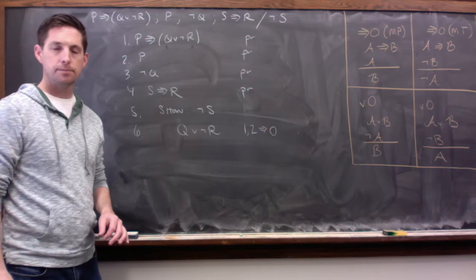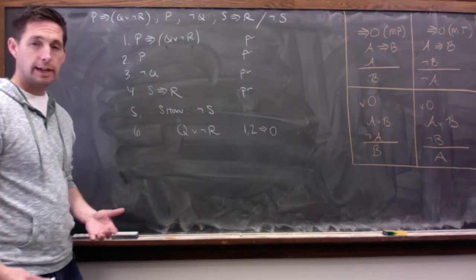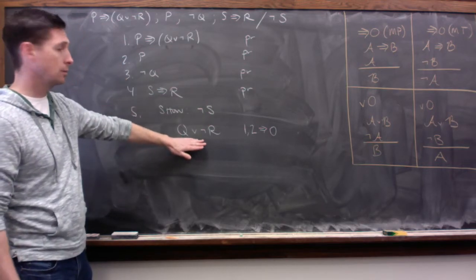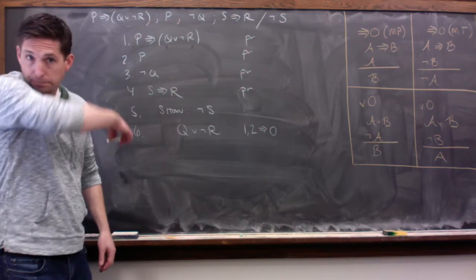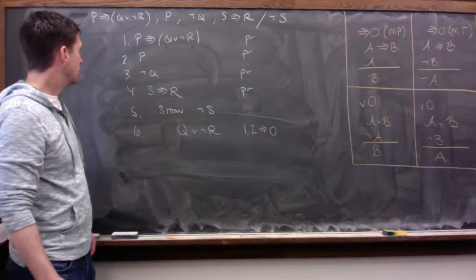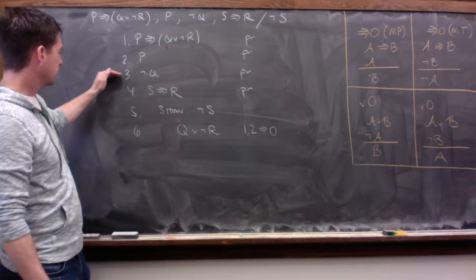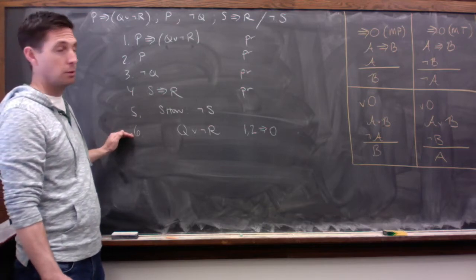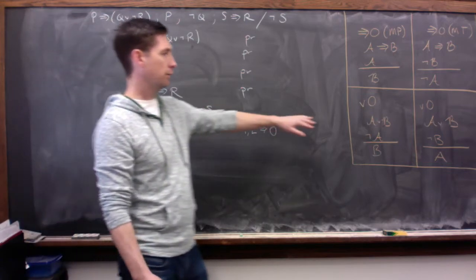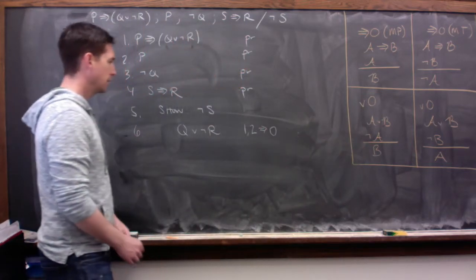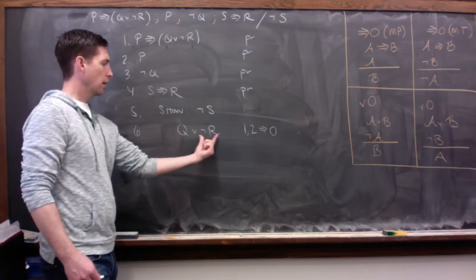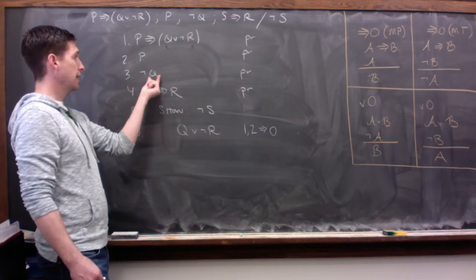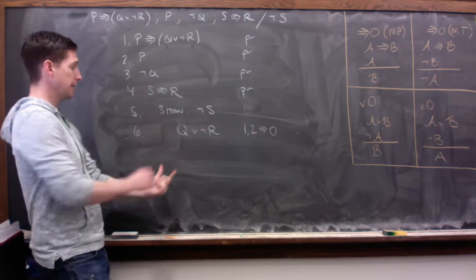Hopefully that makes sense. All right, what do we do next? Well, again, we just want to see which rules over there have the right form to apply to the premises and now the things we've derived here in our derivation. If you look here at line 3 and line 6, I hope you can see that we've got something of the right form to apply our or out rule, in particular this first version here. That is, we've got something of the form A or B, where our B is actually this whole not R. We've got the negation of A, and so or out says we can get B. That is, we can get